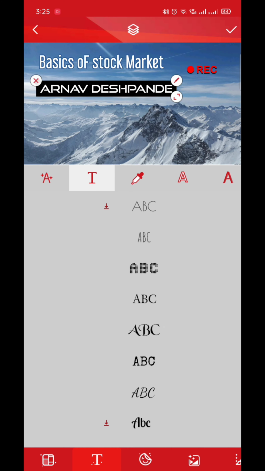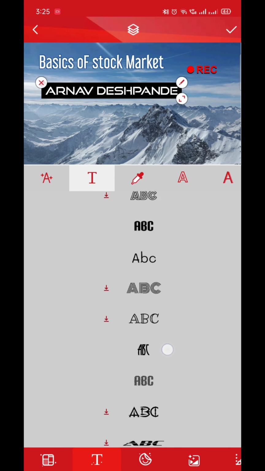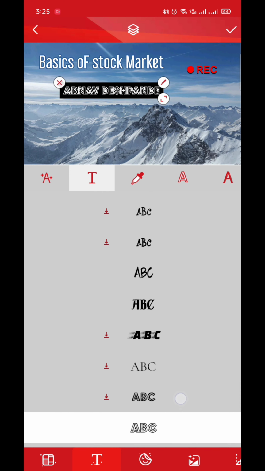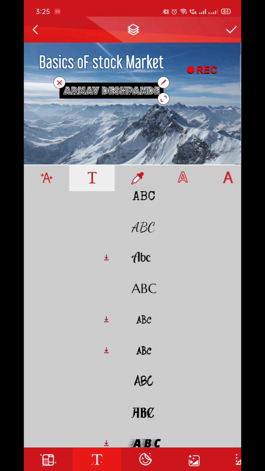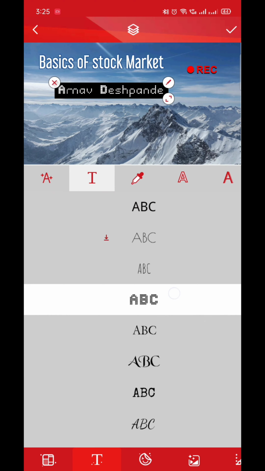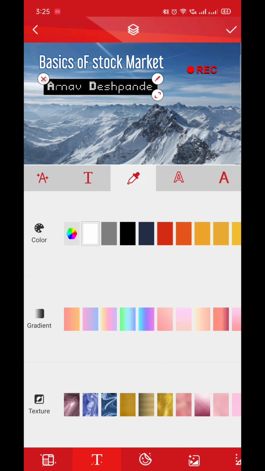I feel the preset one is better, but if you want you can even edit to this one. It will take 2 to 3 seconds for downloading, and it gets ready. And this also I'll keep as this one because I like this text actually.